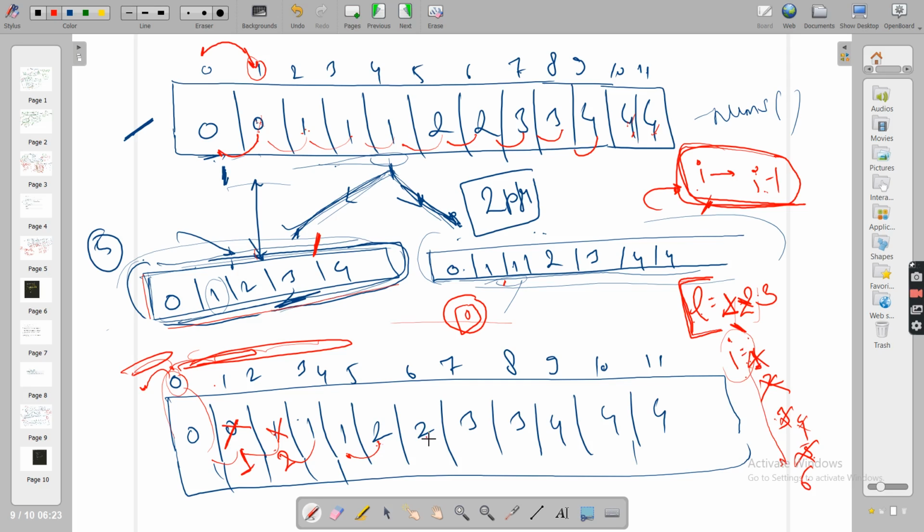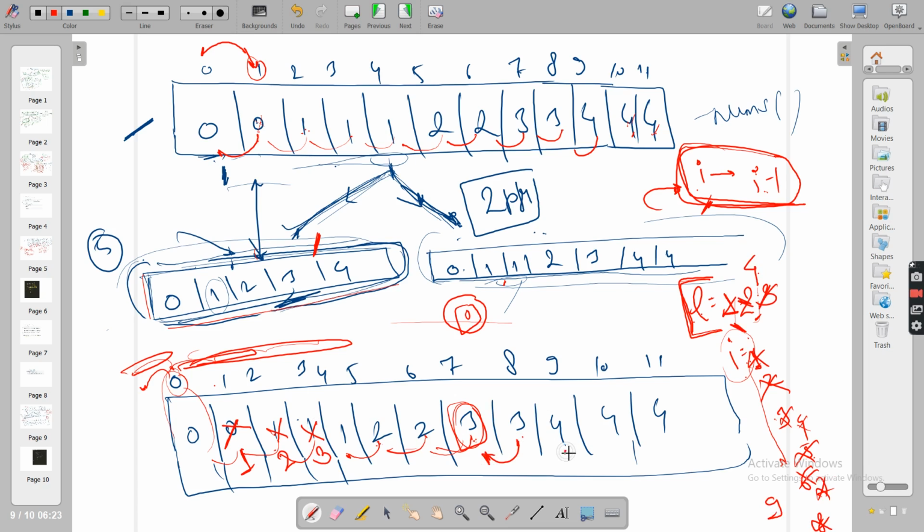So this 6 is also not unique. If you see its previous, then it will go for 7: 3 and 2. This is 3, the previous is 2, so this 3 is unique. You'll put this 3 at the L index, which is the third index. So you'll put 3 here. You'll also increase L to 4, so now whatever unique comes will come at index number 4. You'll also increase I to 8. Now is this 3 unique? No, it is not, because you have already encountered this 3. So you will increase I to 9.